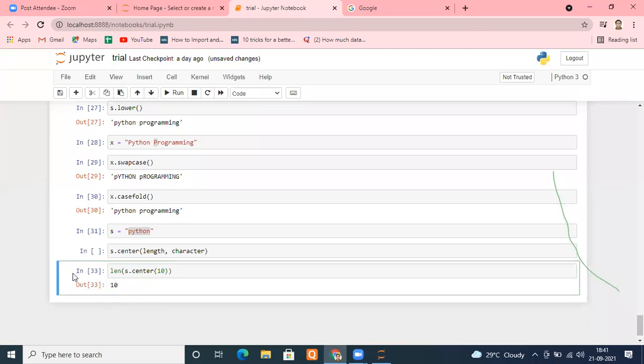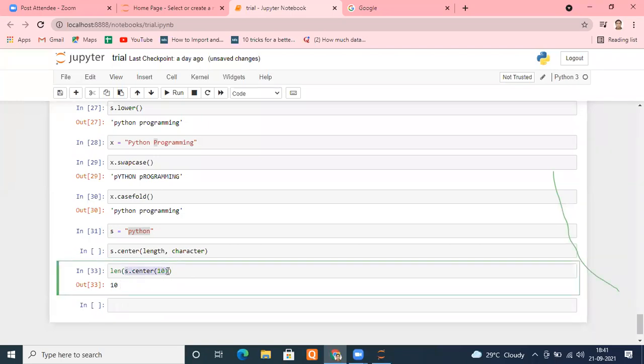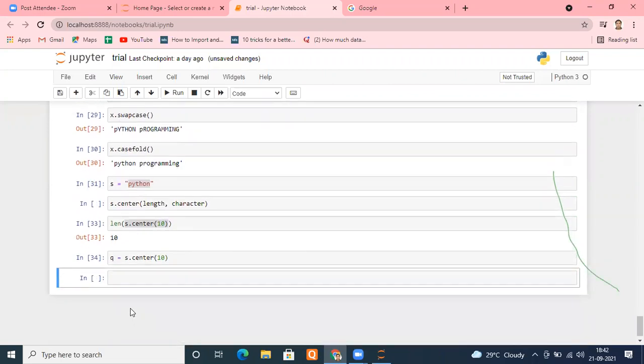Now, again, I'm coming here. Let's assign the value of s.center to some variable. Let's say q is equal to s.center(10). I want to check q.